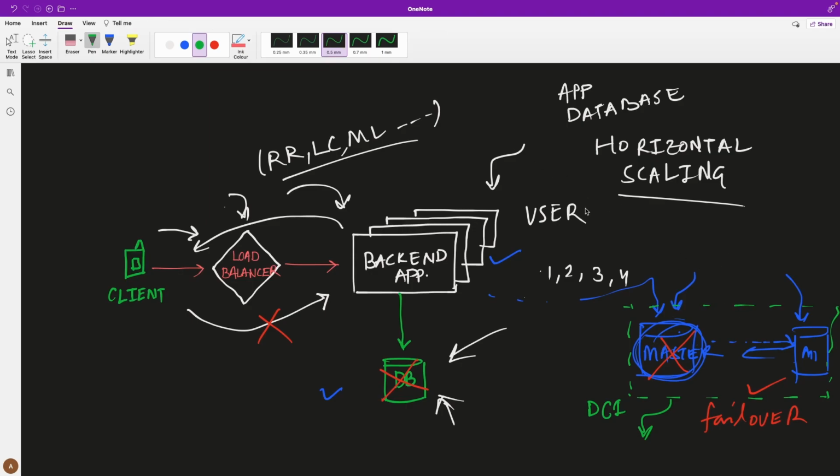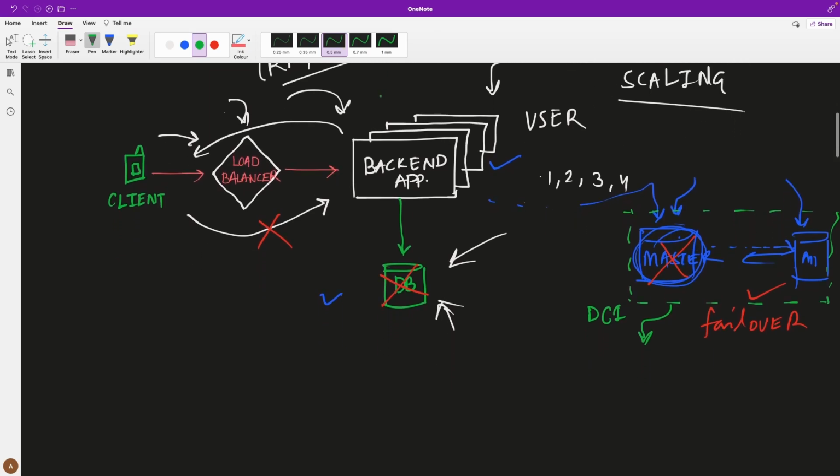So what can we do in this case? Let's split this into another case where our first master database is in one data center and the follower database is in another data center.